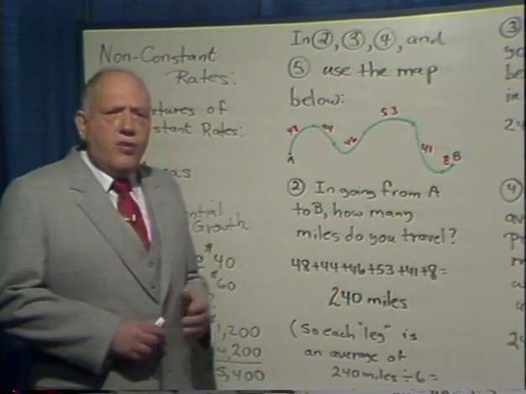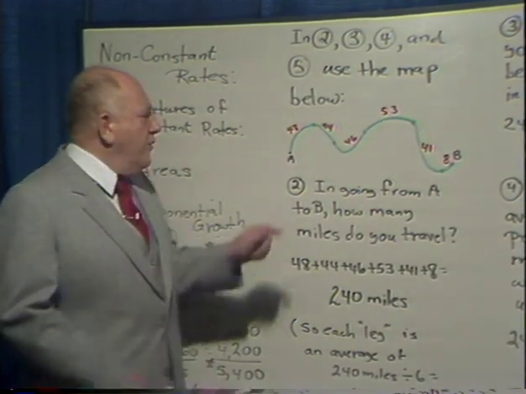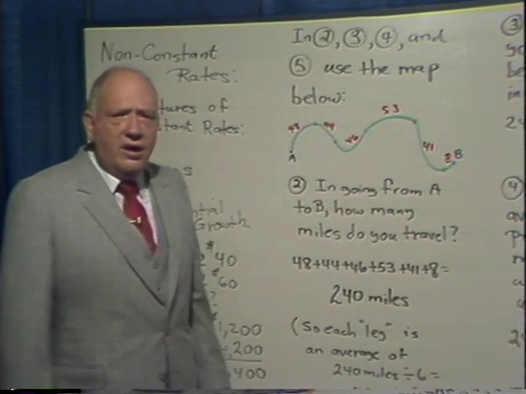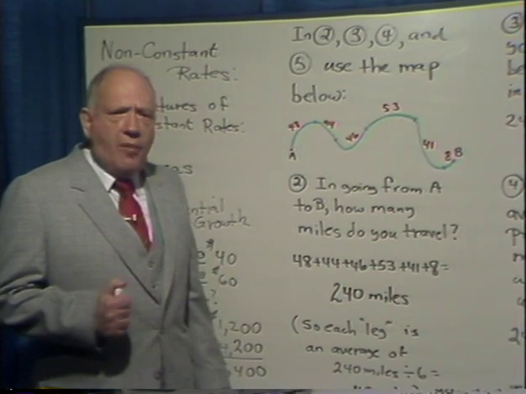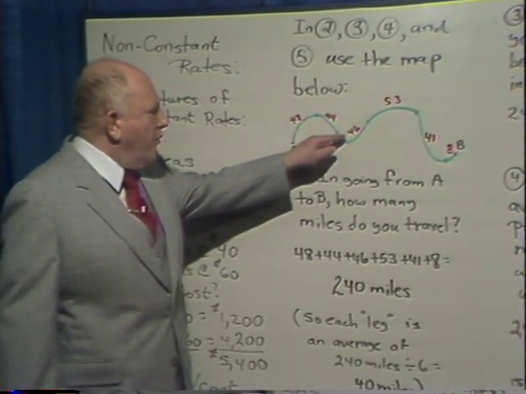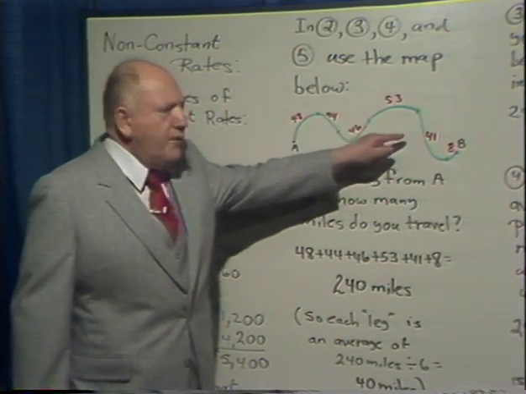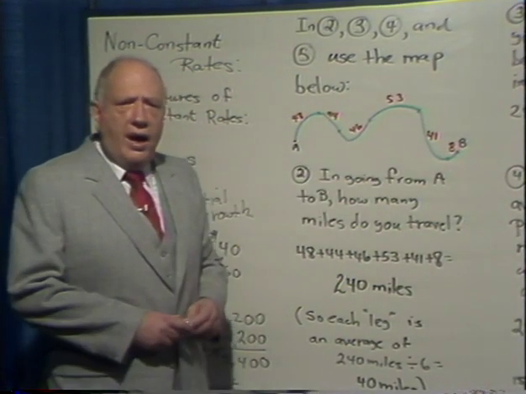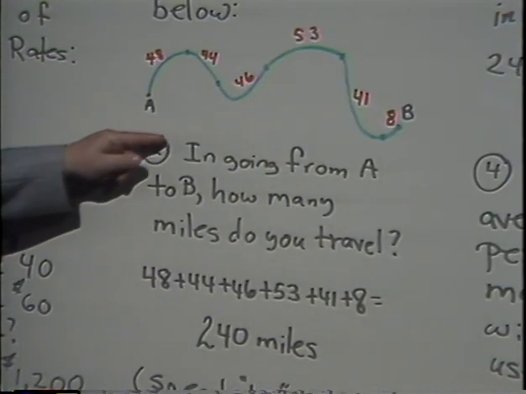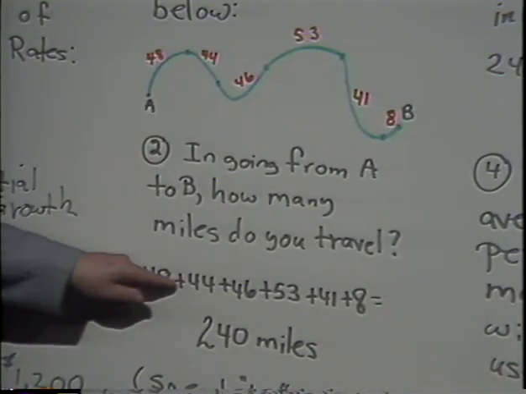And the first question I'm going to ask you is that if you followed the path from A to B, how far did you go? And notice that this is the same type of problem as saying if you wrote checks for $48, $44, $46, $53, $41, and $8, how much money did you spend? See, basically all we're going to do in getting from A to B is to add up all of these